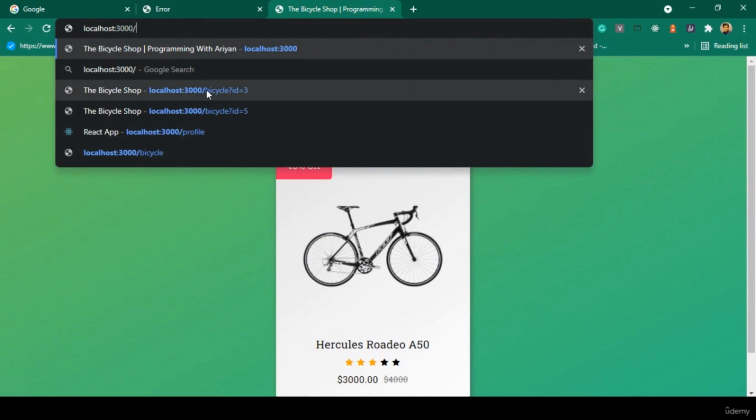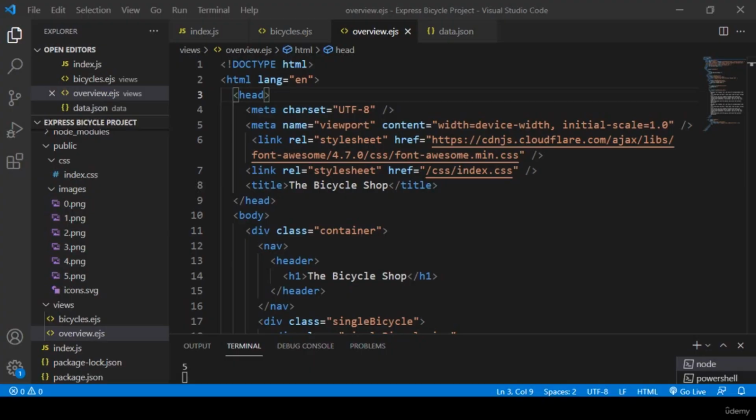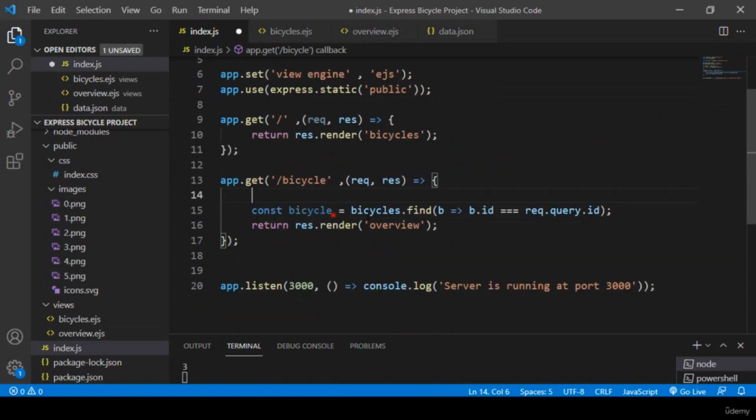That will be as a bicycle ID3, right? When you click as a ID3, that is one of the query string, and into this query string area I have already get that our JSON ID3 data. If you want to check it, like I show you, right now in our index, into the index.js, that is our bicycle, right? So that is a bicycle. Into this bicycle right now we don't need this. I simply close it, and here I have already rendered all the data, and I pass it in our overview